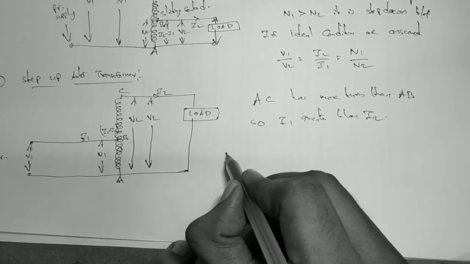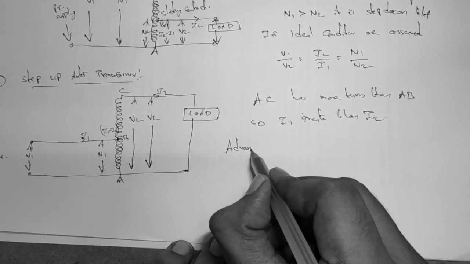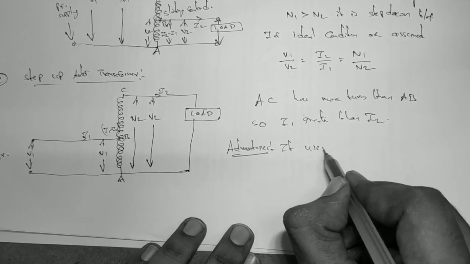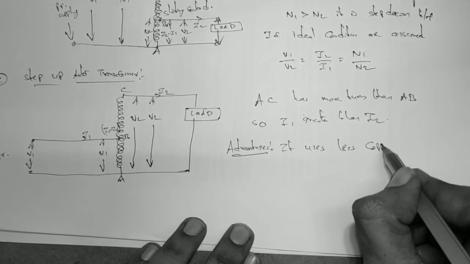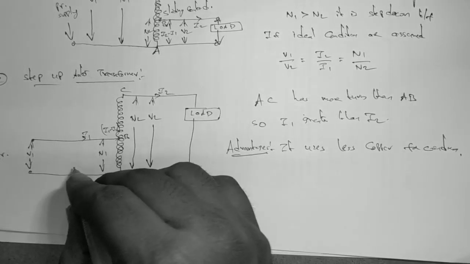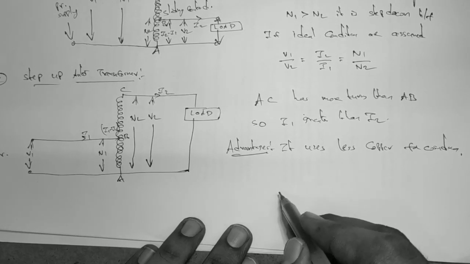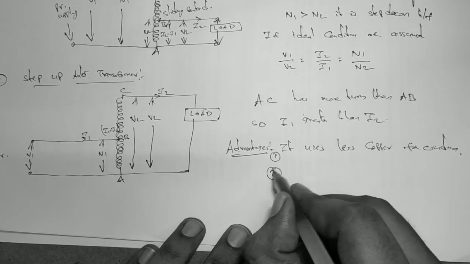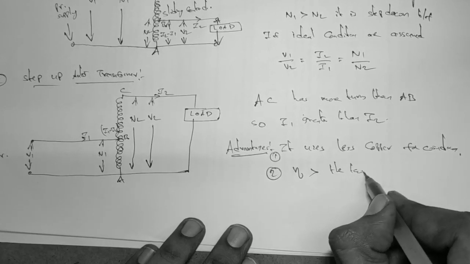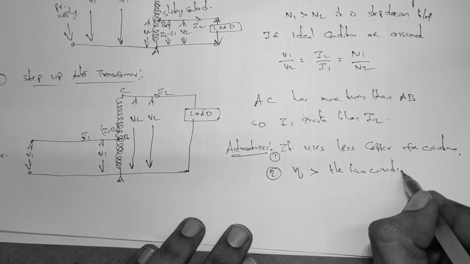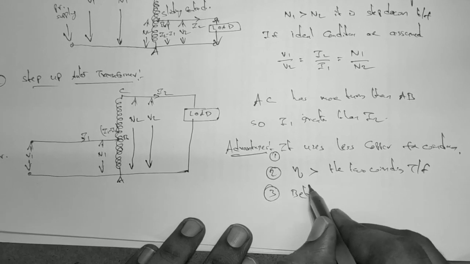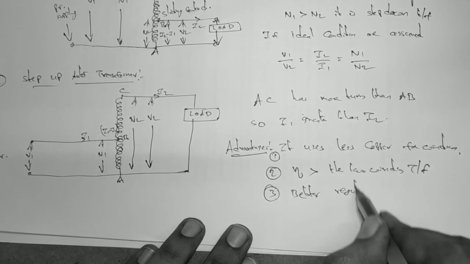And coming to the advantages of this auto transformer, it uses less copper for winding as it consists of only one winding. So obviously compared to the two winding transformer, it will be using less copper. So overall cost will also be less compared to the two winding. And second one is its efficiency is greater than two winding transformer. And third advantage is it is having better voltage regulation. So all these three are the advantages of auto transformer compared to the two winding transformer.